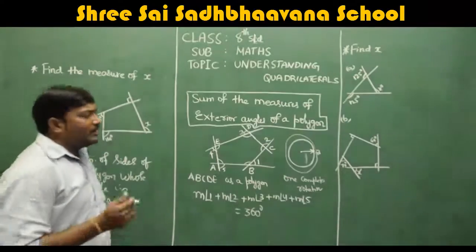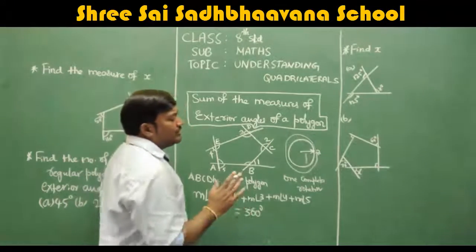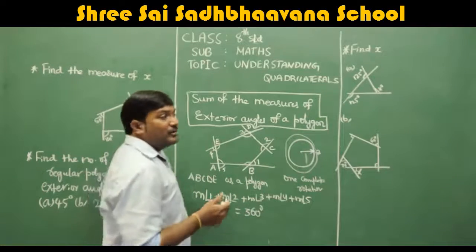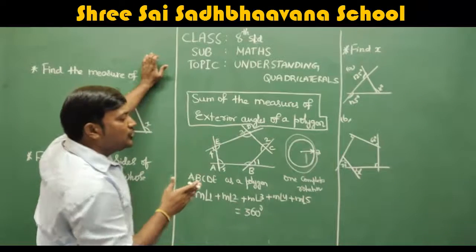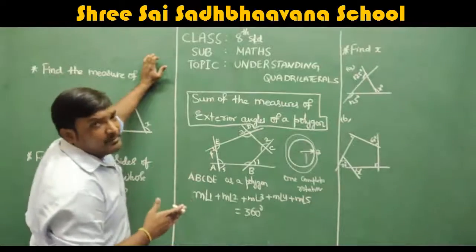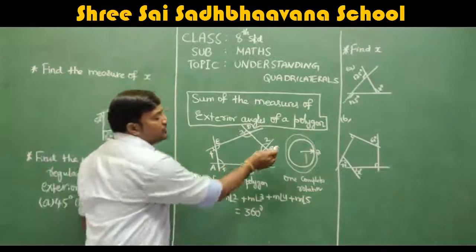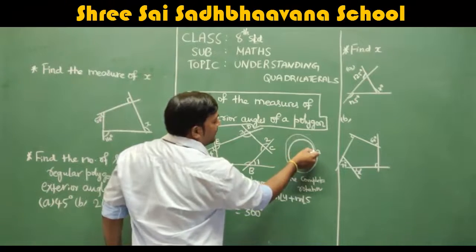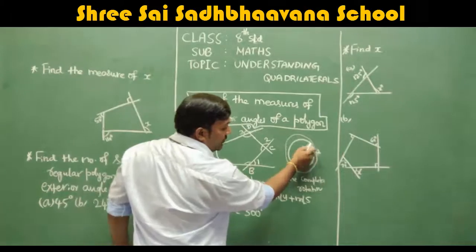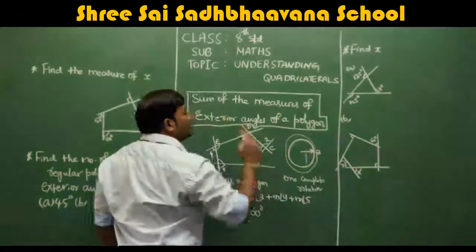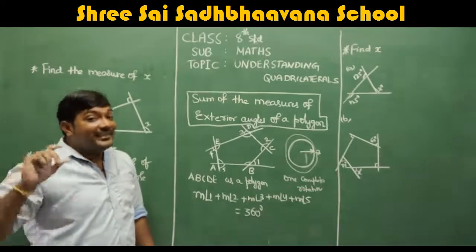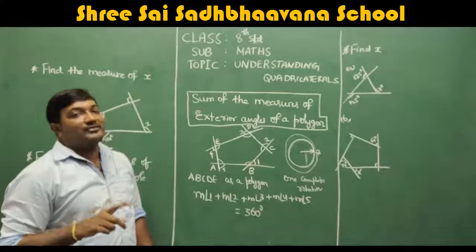I'll just explain it once again. Remember, in any path, not only a circular one, I've given a circular path as an example. In any path, when you start, it is usually not very different from circular. Almost, this is also like a circle, not exactly, but almost similar. When a person starts here on a circular path, like your wall clock starting here, it rotates and comes back to the same place. So it completed one rotation, and it has taken 360 degrees to complete one rotation.